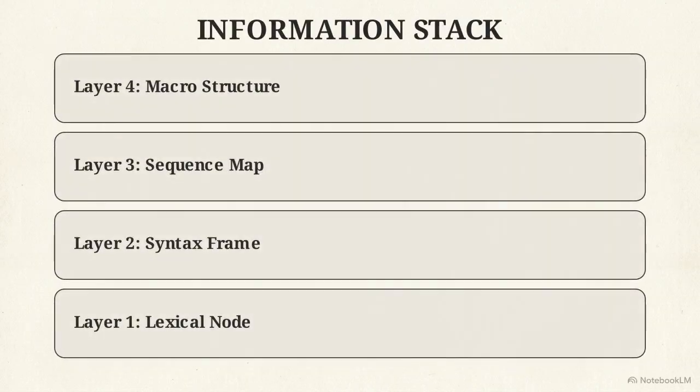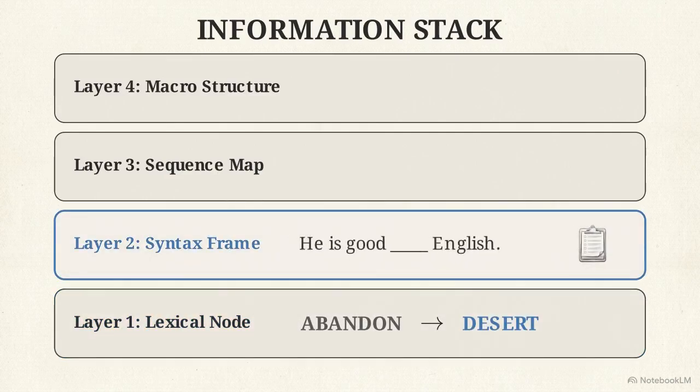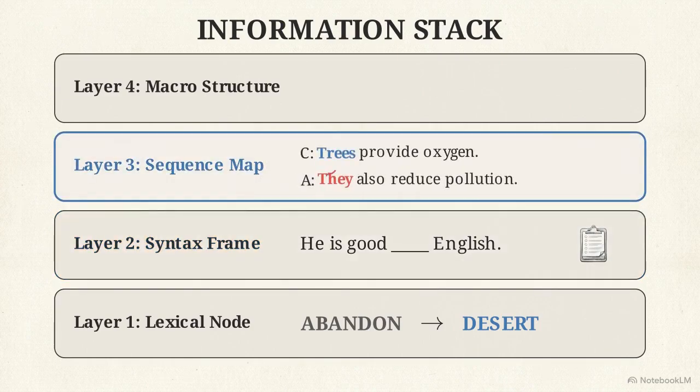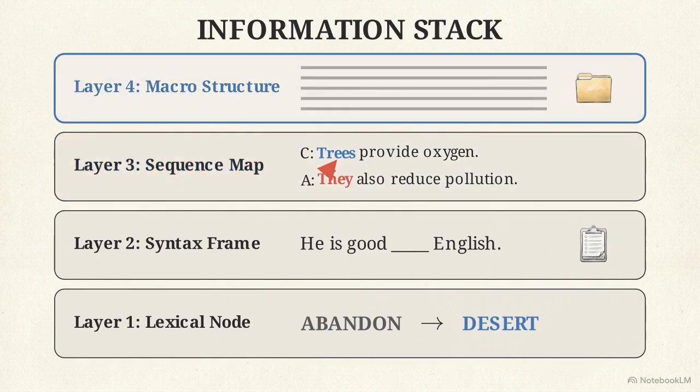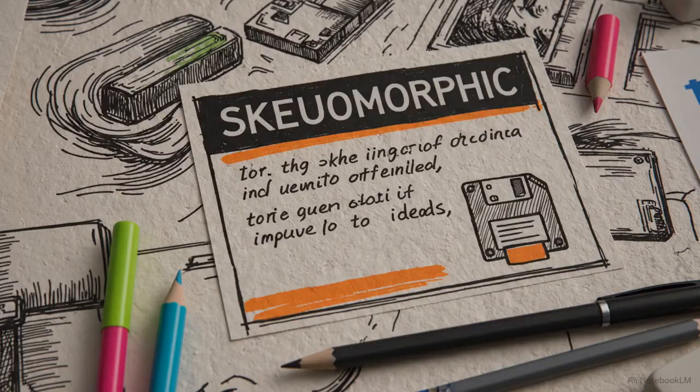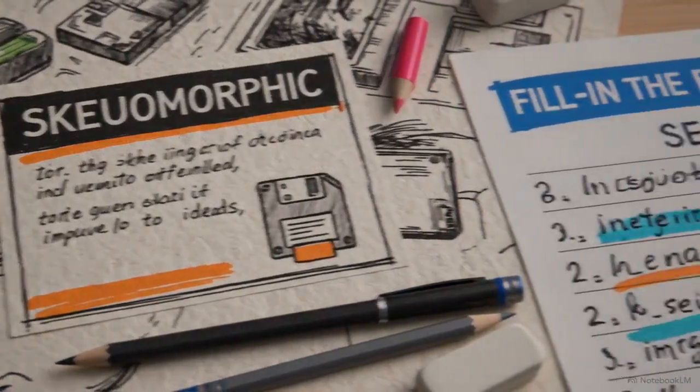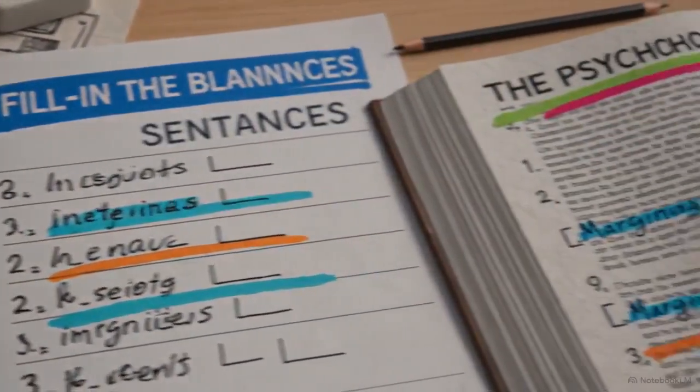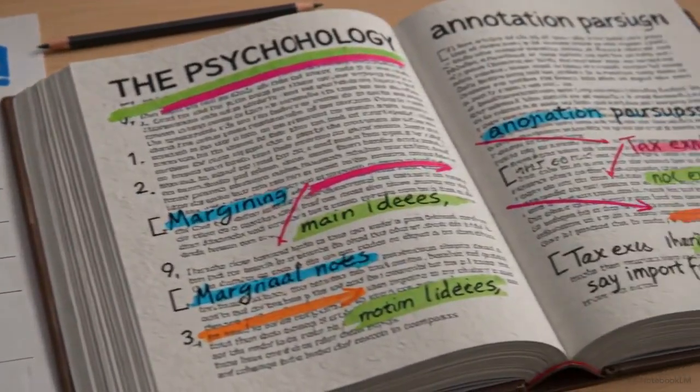This architecture uses a 4-layer information stack. Layer 1 evaluates lexical precision of individual words. Layer 2 maps contextual syntax around text gaps. Layer 3 uses sequence mapping to logically tether sentences. Finally, Layer 4 is macro analysis, extracting the entire text's overarching meaning. These 4 pillars represent a sequential evolution of complexity, scaling from the analysis of a single word to the evaluation